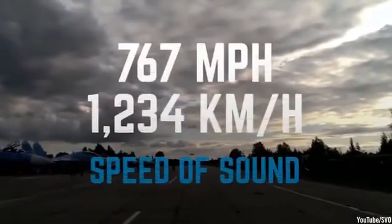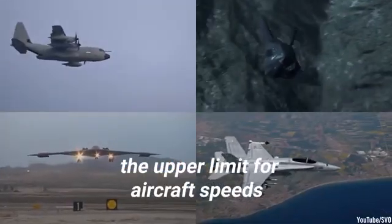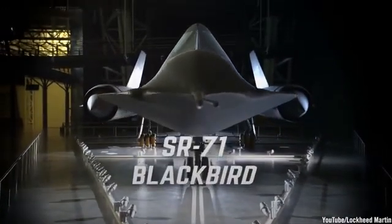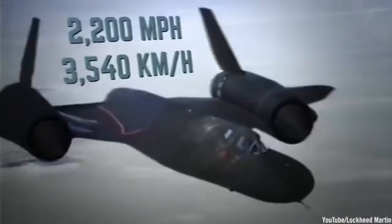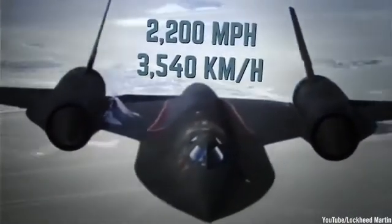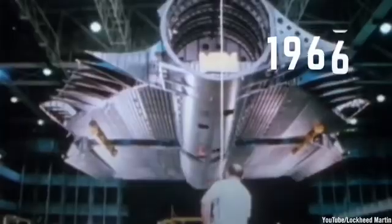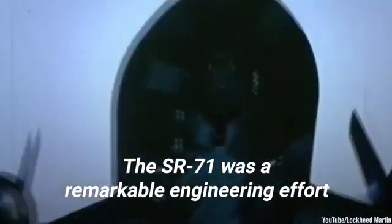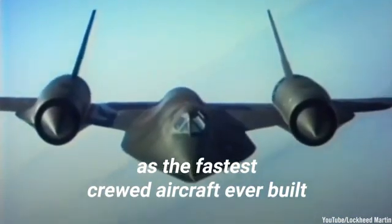767 miles per hour is the speed of sound at sea level, and it was once considered the upper limit for aircraft speeds. The Lockheed SR-71 Blackbird was 3 times faster than this, reaching speeds of 2,200 miles per hour. The aircraft captured hearts all around the world when it debuted in 1966. The SR-71 was a remarkable engineering effort that still stands in a class of its own as the fastest crewed